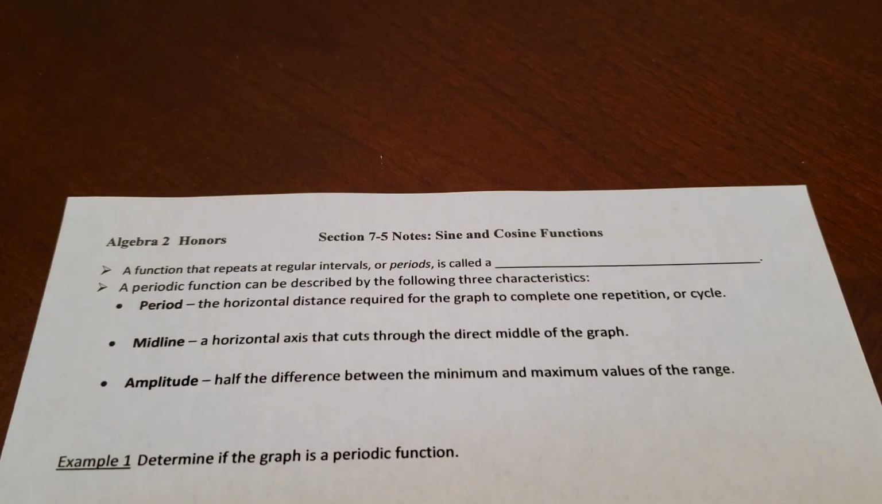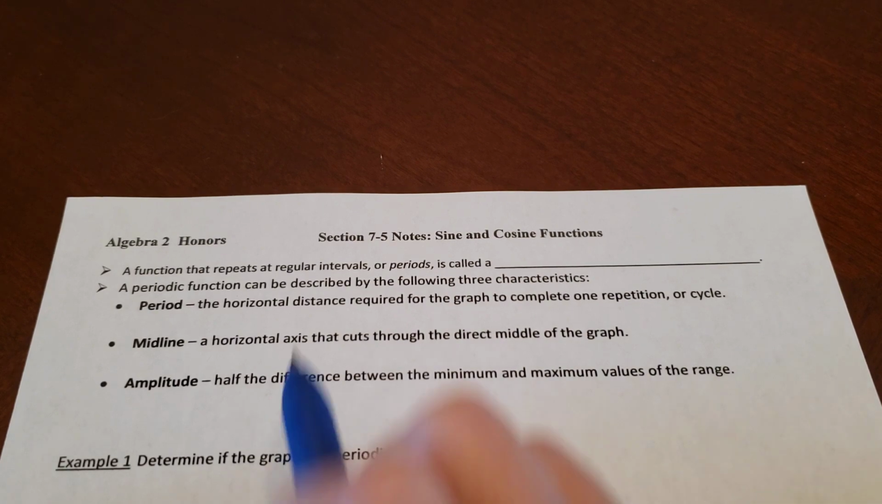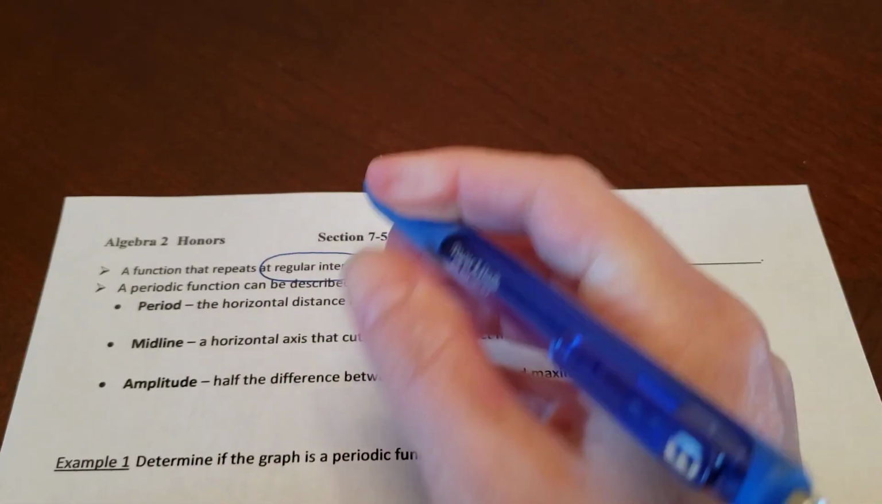All right, the notes today are covering sine and cosine functions, what the graphs look like. We will actually not do a lot with sine and cosine. More important is just looking at the periodic function and what that looks like on a graph and labeling pieces of it. So the first thing is that whenever you have a function that repeats at regular intervals,